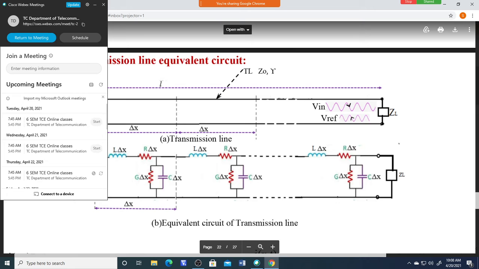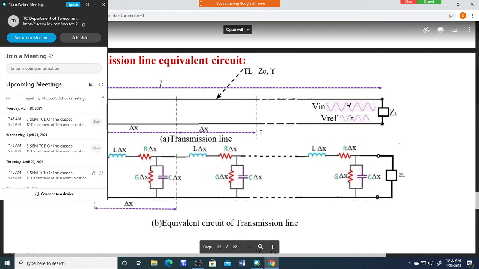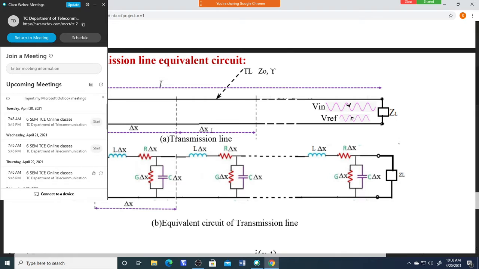See, like this. This is what I have here. It is connected to the load ZL, and this side it is connected to the source. So this is a transmission line here. You can divide this into a small elemental length like this, delta x. Delta x can be very small. We can assume delta x tends to 0. Okay, very small elemental length.